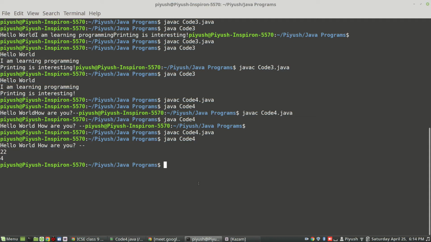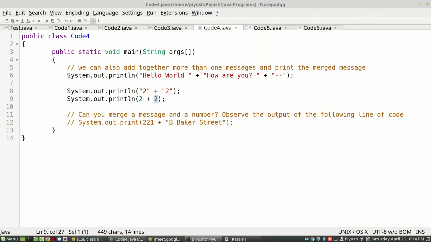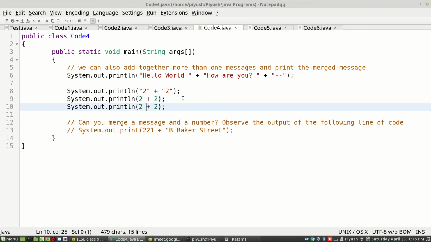Fine. So for the third statement, instead of plus, if we use multiplication, we still get a mathematical result. If you are using pure numbers, then system.out.println will do mathematics. For multiplication we use, don't say star, asterisk.